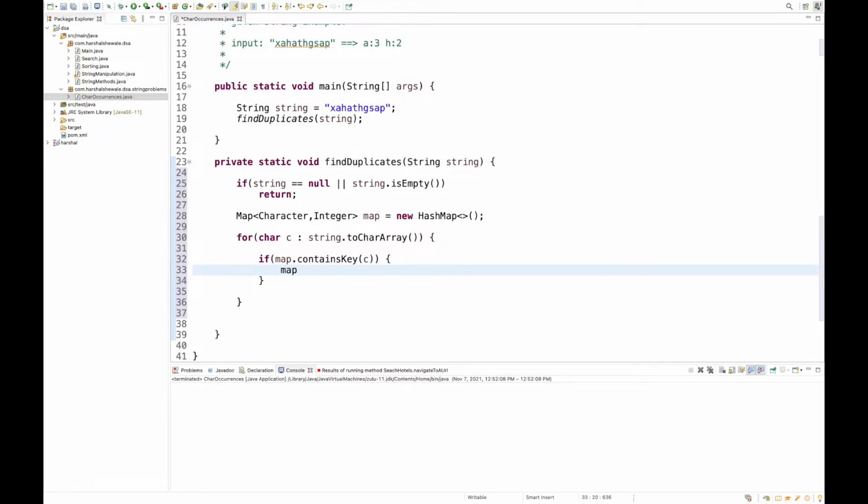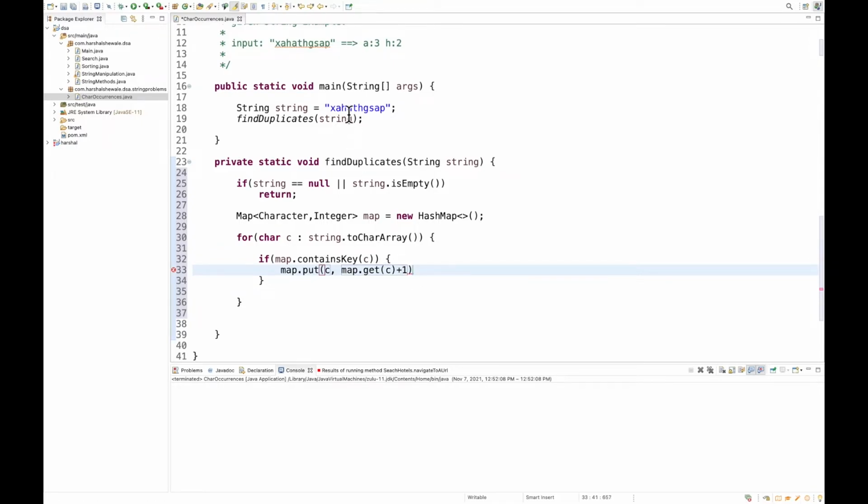So that means we got this character. Then in this case, we do map dot put of the same character, and we get the existing value. So map dot get, see, we took the existing value of that character, and we just incremented it by 1.